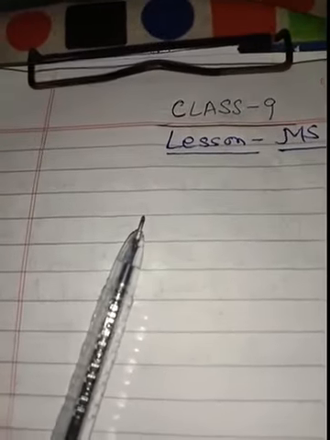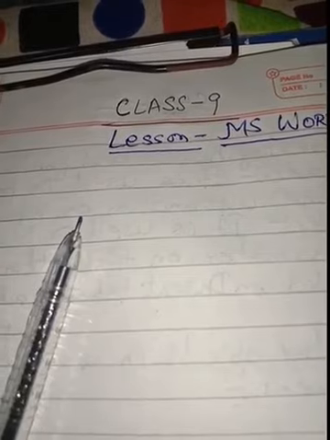Next, we have discussed how to add text in a document. What is the word wrapping feature? The shortcut keys that are used to move the cursor on the screen, like the arrow keys. They are used to move around the document. Page Up and Page Down are used to move the screen up or down. Home, beginning of the line, and End, end of the line. Control plus Home, beginning of the document. Control plus End, end of the document.